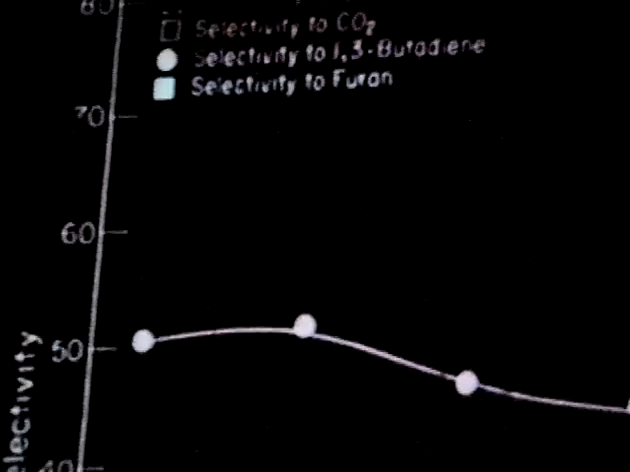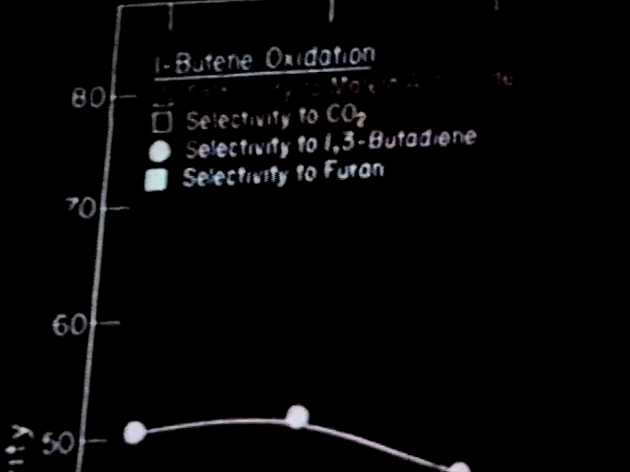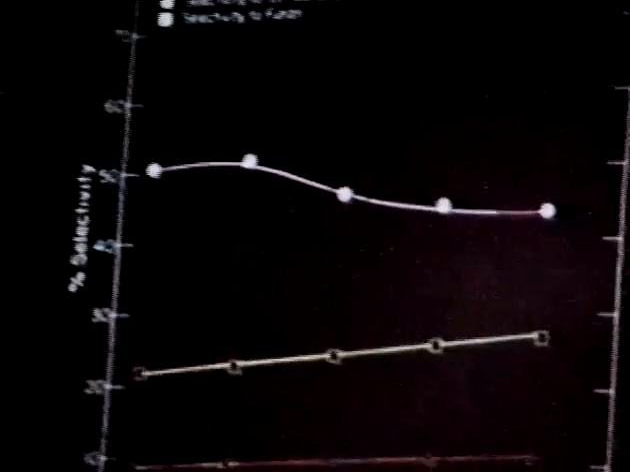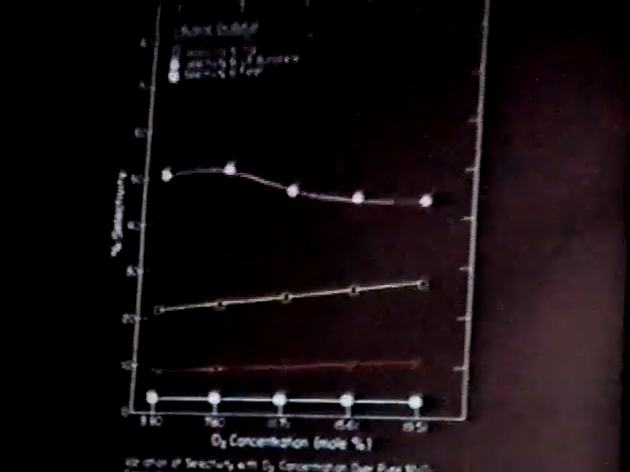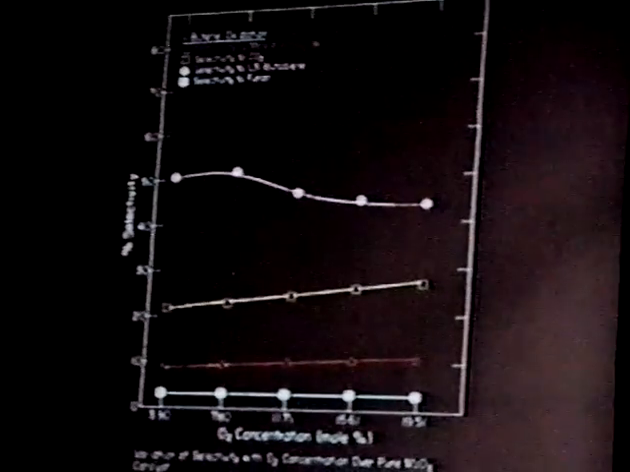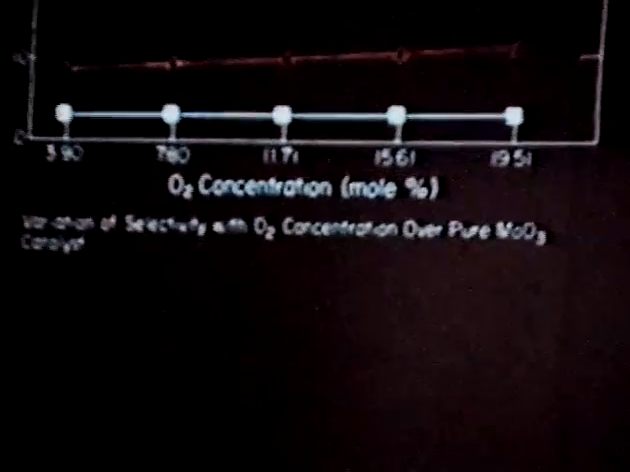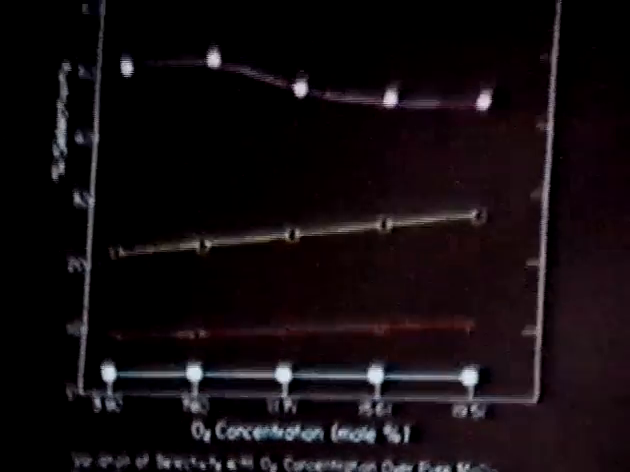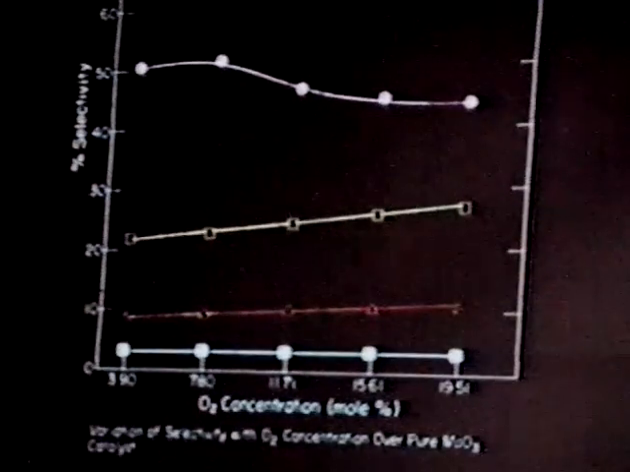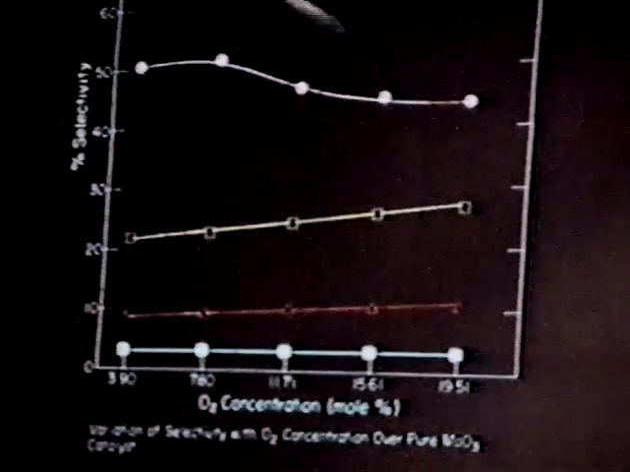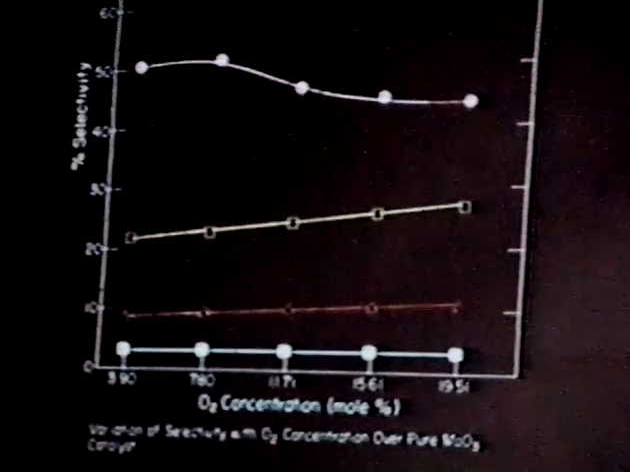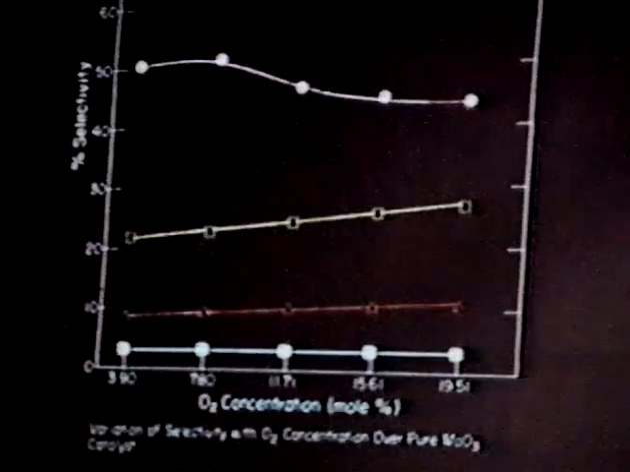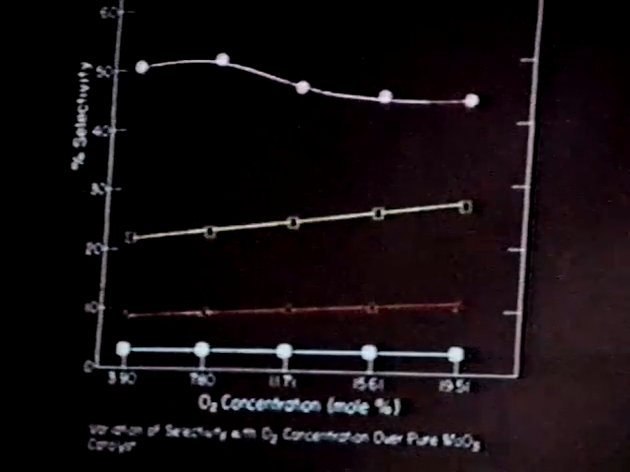We're looking at pure molybdenum trioxide here, and the hydrocarbon feed is butene. We see that increasing oxygen concentration seems to encourage complete oxidation more than selective oxidation products. Here we see butadiene, the top curve in pink. The curve in pink is decreasing with increasing oxygen concentration. Carbon dioxide is increasing. There's a very slight increase in maleic anhydride also, but the selectivity of maleic anhydride is